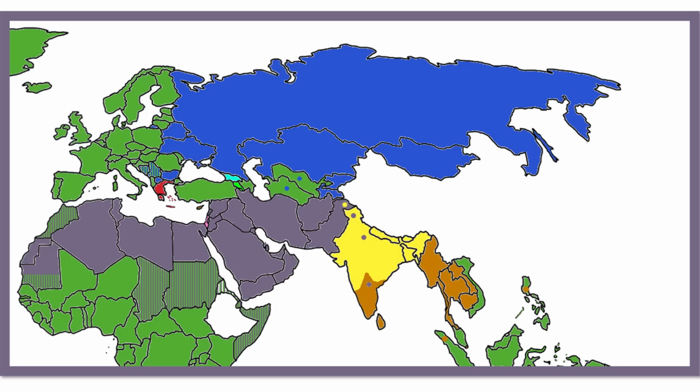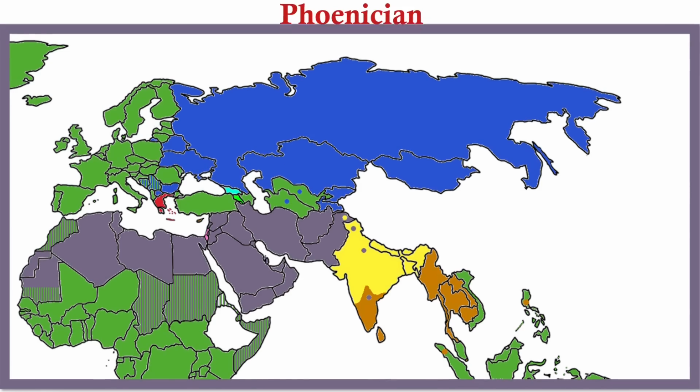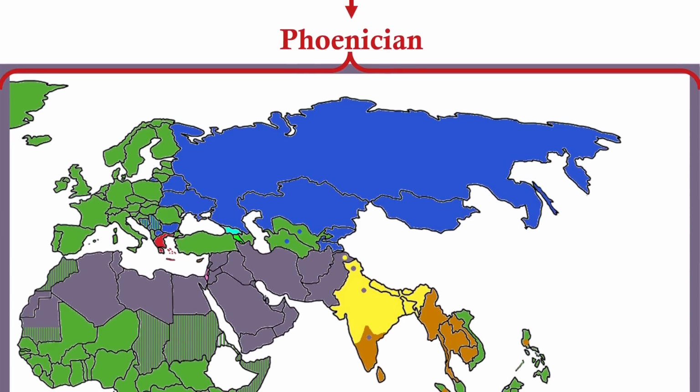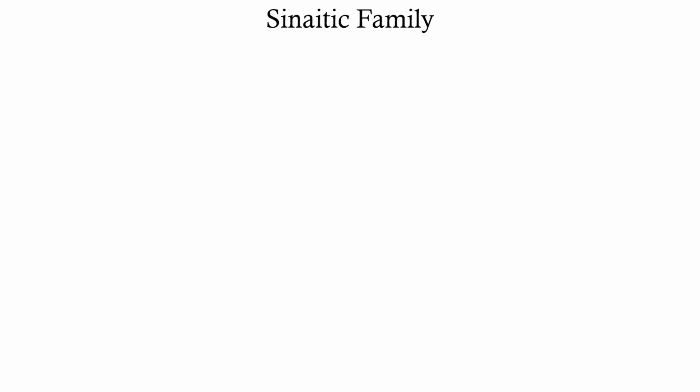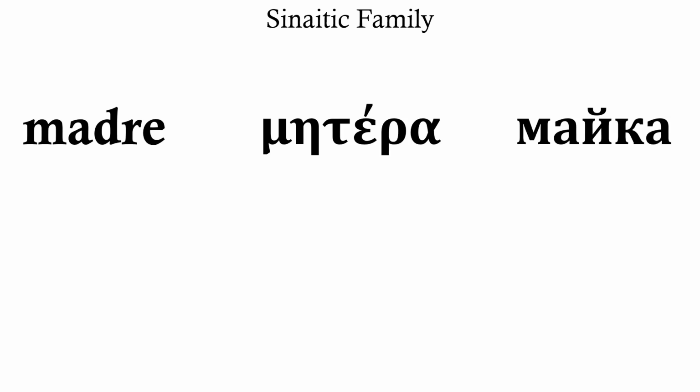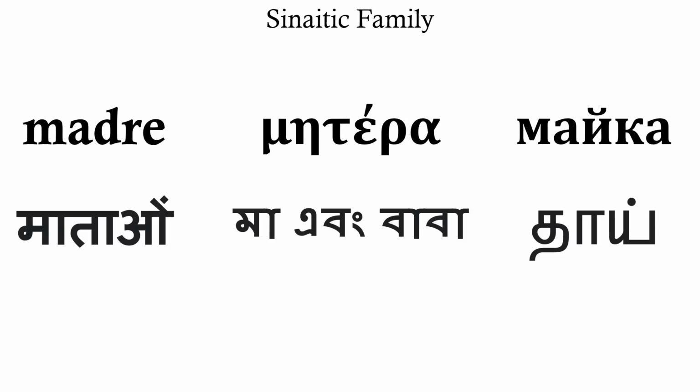Let's take a look at this map of the Phoenician-derived scripts. Phoenician, the common ancestor of these scripts, descends from Proto-Sinaitic, the first traces of alphabetic writing that we have at all, and those are thought to come from Egyptian hieroglyphs. The Sinaitic family is the largest family of scripts in the world, and it includes the Latin, Greek, and Cyrillic alphabets, the Indic abugidas, the Arabic alphabet, and, well, scripts like Arabic and Hebrew are more precisely described as abjads,